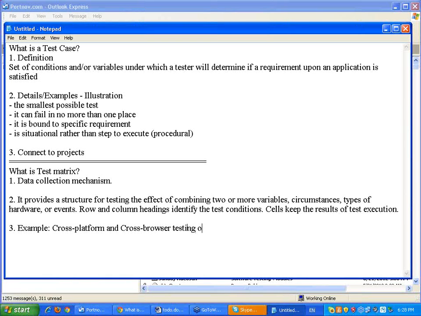Cross-browser testing of a web application. In the application we tested, let's say the ClickBerry, we had Windows 7, then Windows XP, for example, and then we had Mac OS, and we also tested on, let's say, iPad. Okay, and then what were the